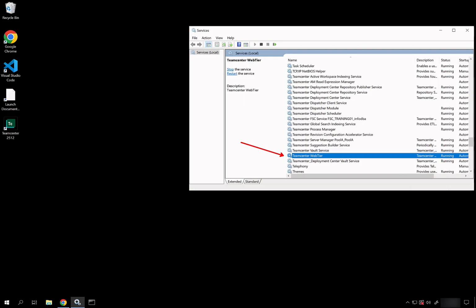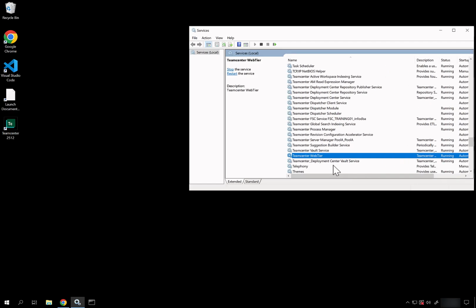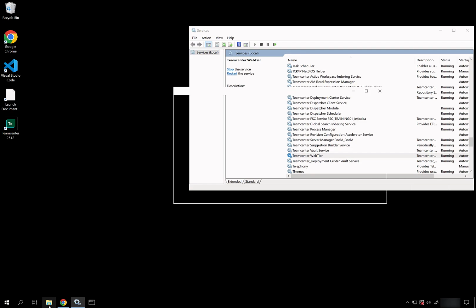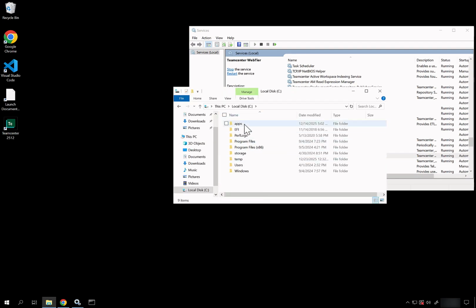So you can see that's here. It did get installed with my local system. It didn't get installed with a privileged user, so that's good. And in the installation, when you're looking at the install directories, if I go to apps,